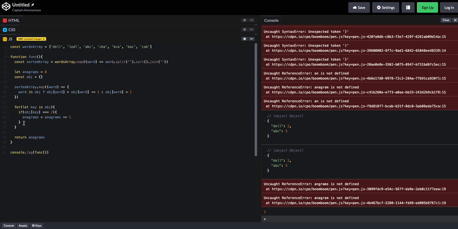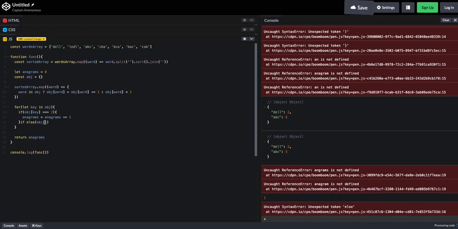So now if it's over 2, what we need to do is increment anagram for this one by 1, 2, 3, 4, and then for this one 1, 2, 3, and then this one 1, 2, and this one 1. Okay, and that'll all give us 10 plus the one from these two, which gives us 11, right? So this one is a little tricky, so we're going to say else if